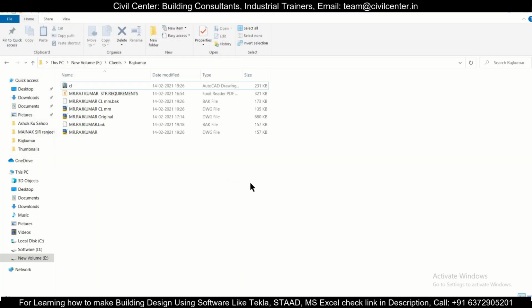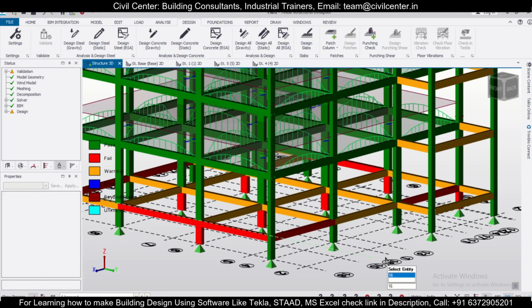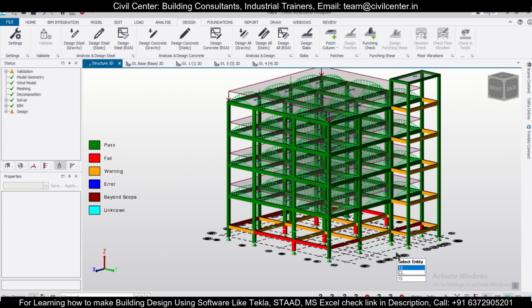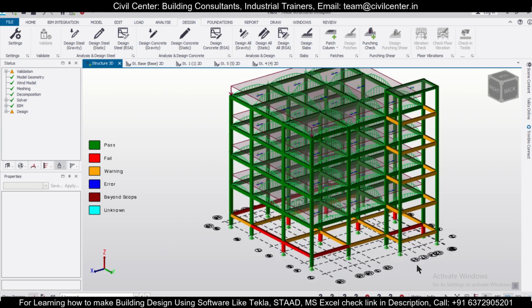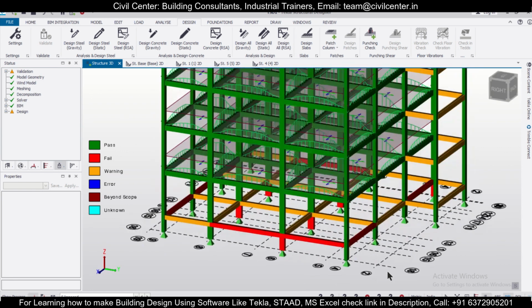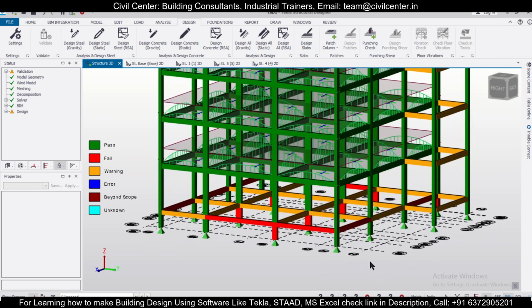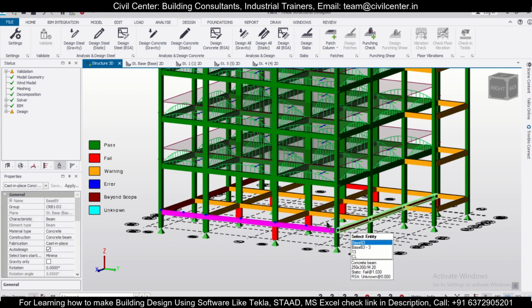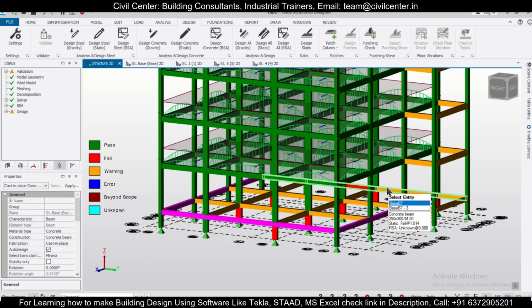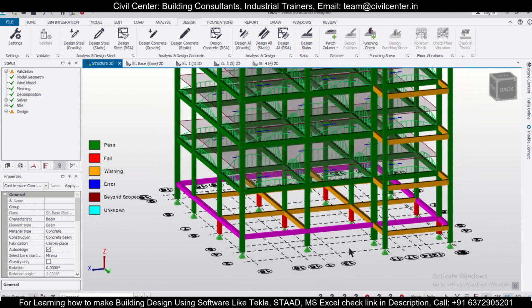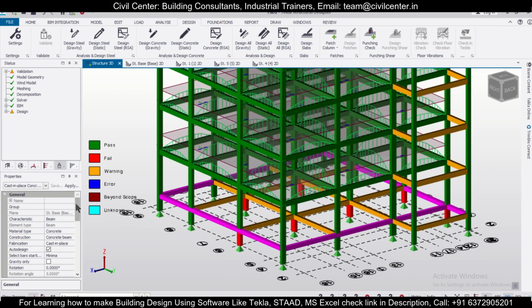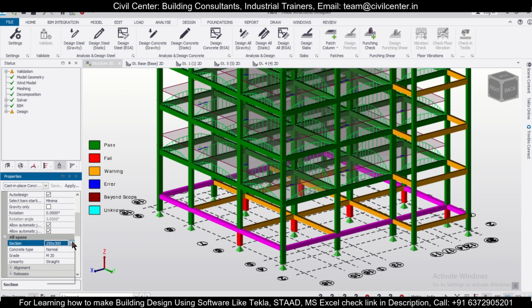So we have made the particular section safe here. As you can see, the design has been done. And if you have some beams which are failing, as you can see the size is 250 to 300, but it's still failing, so let's grab all these particular beams here, 4 beams, and change the size to 250 to 350.